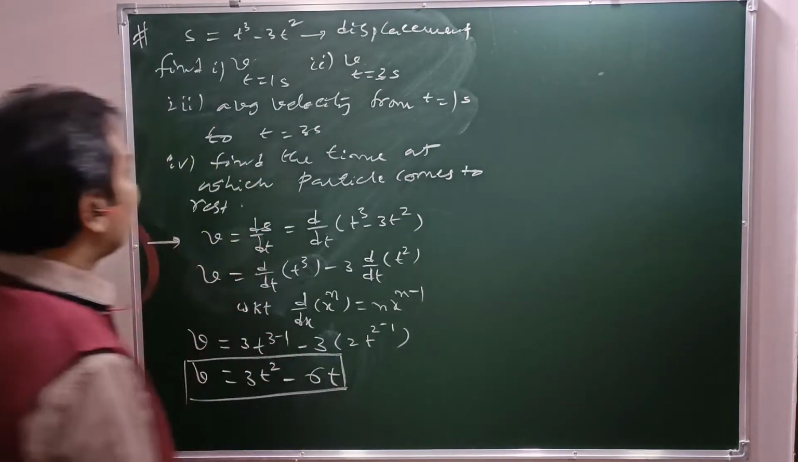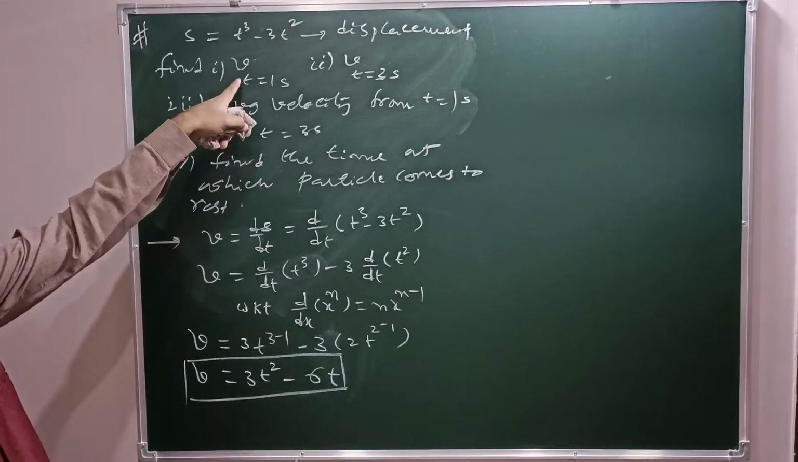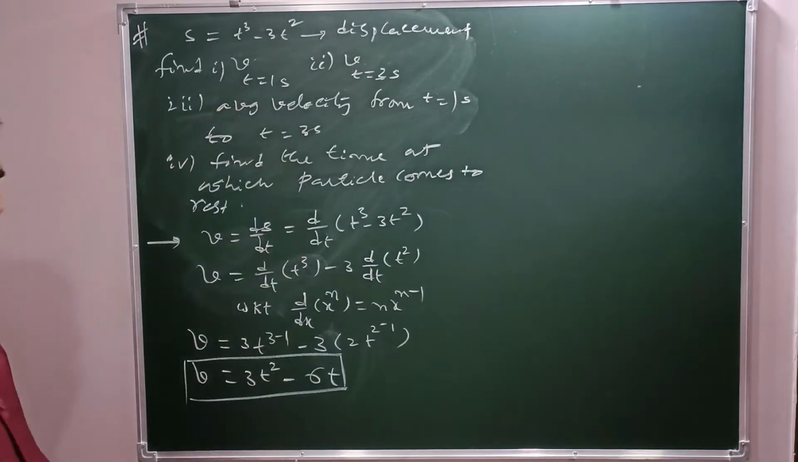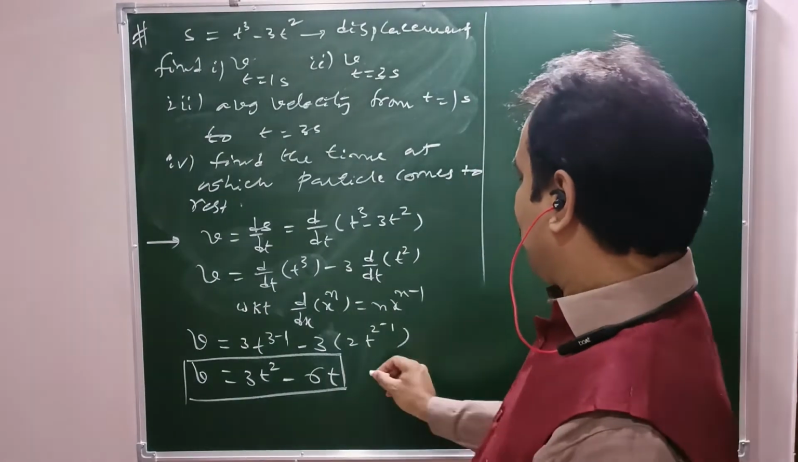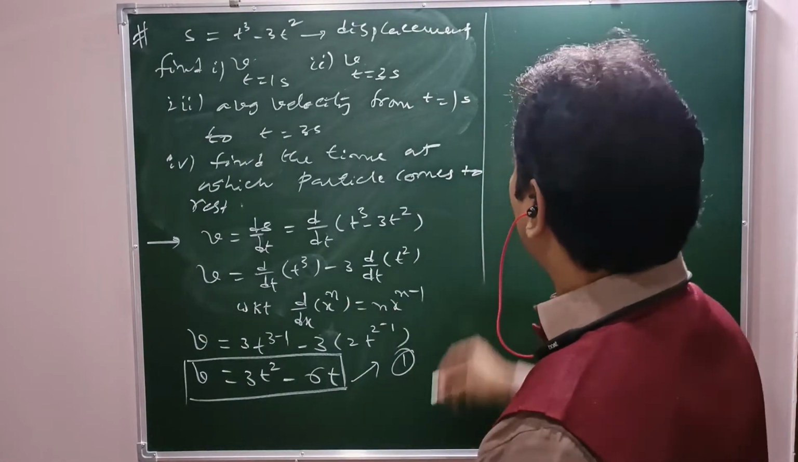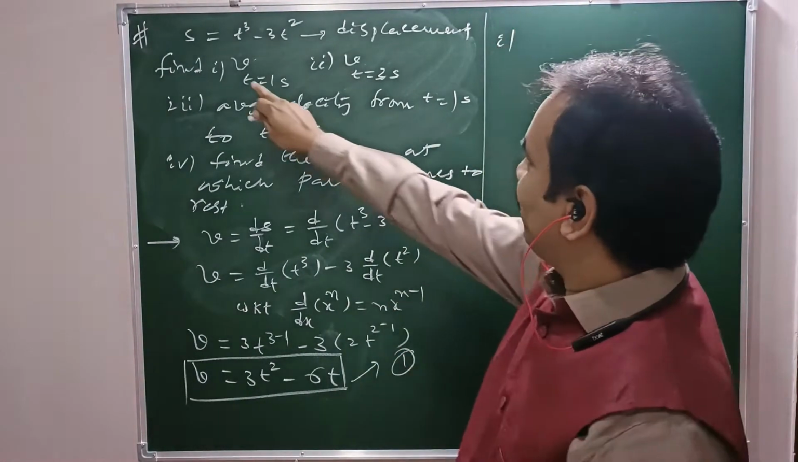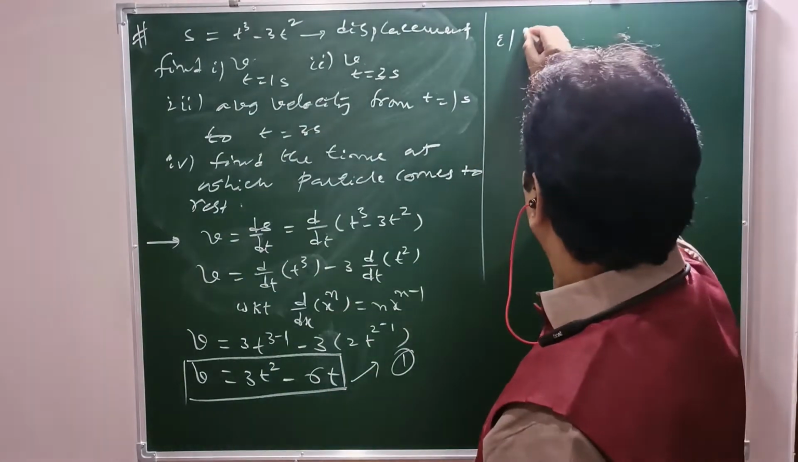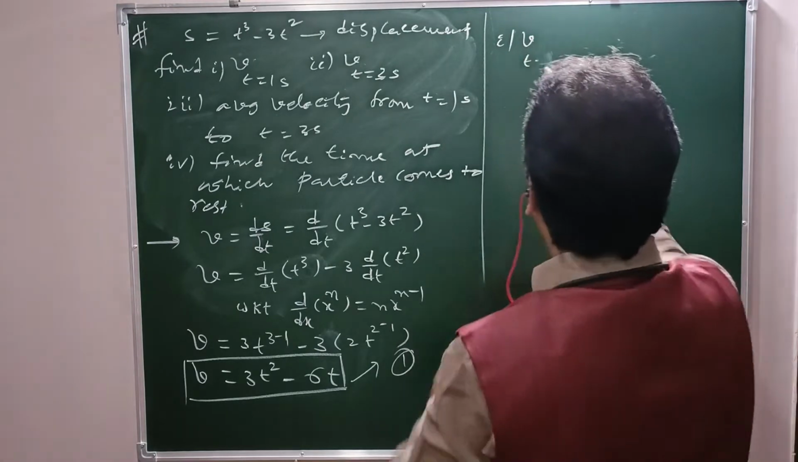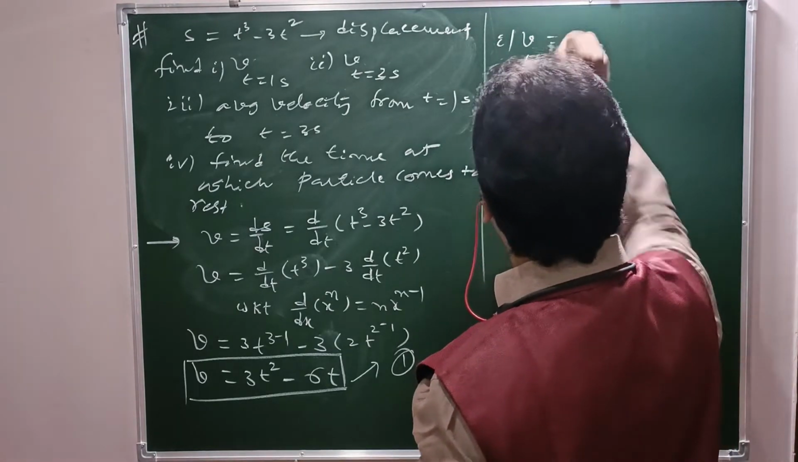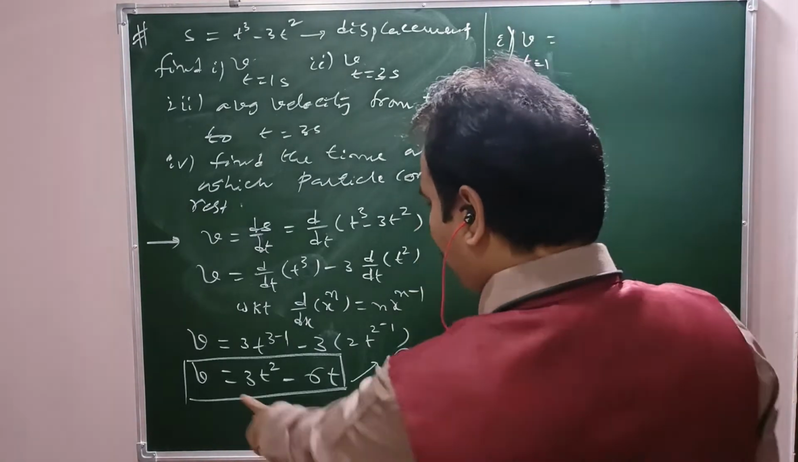Instantaneous velocity. Now substitute. We need to find velocity at t equal to 1 second. So number 1: first question, velocity at t equal to 1 second. So v at t equal to 1 second equals, substituting here,